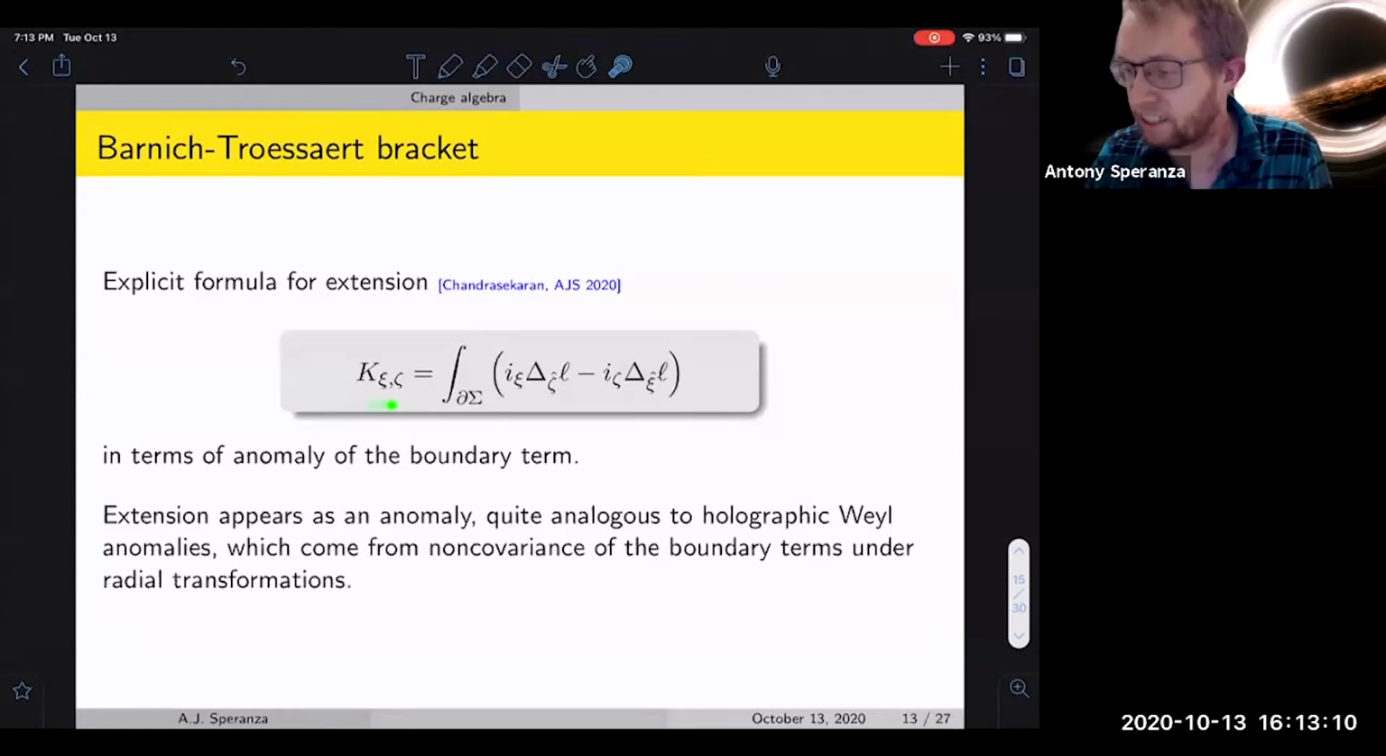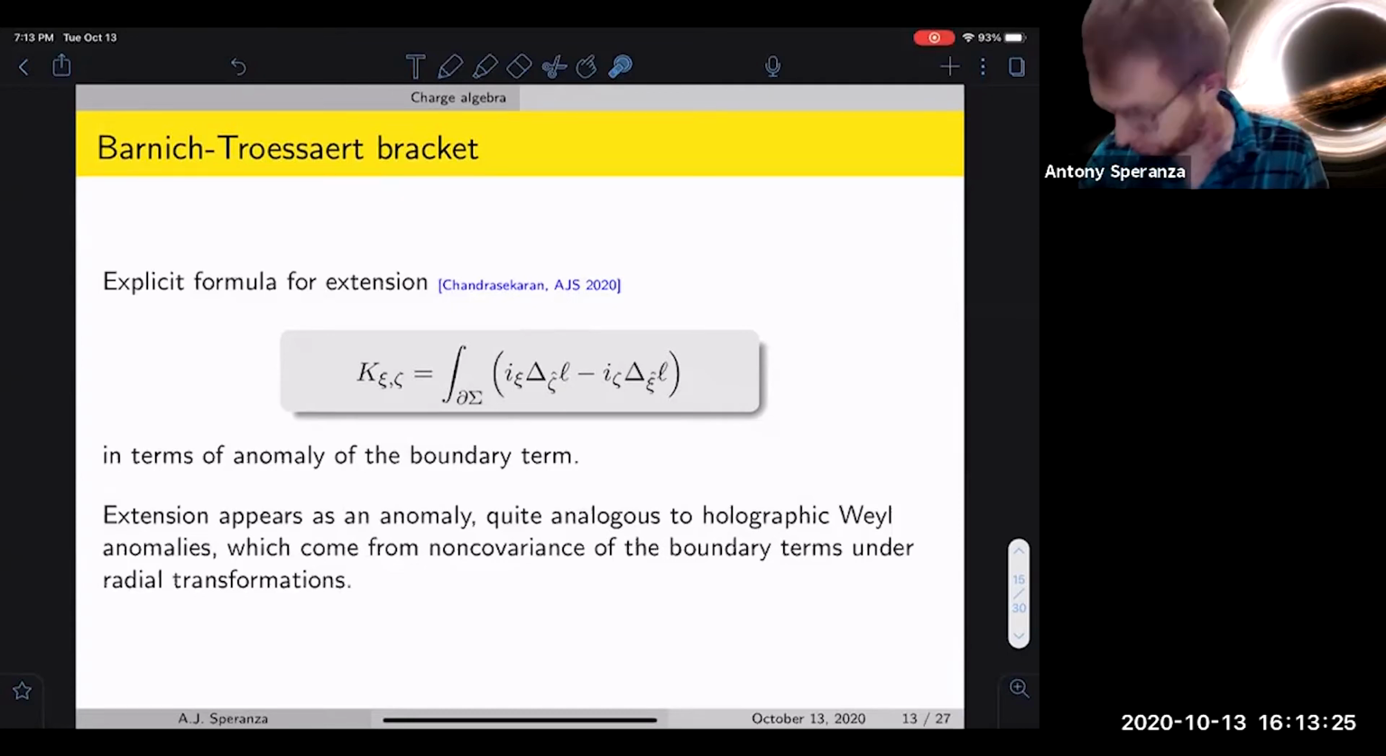So here we see that this K term comes entirely from the failure of the boundary term to transform covariantly. So this delta C, again, was measuring the extent to which L is not covariant. And again, this formula will apply if you have integrable charges. So it is quite generally going to be true that a central extension always has something to do with